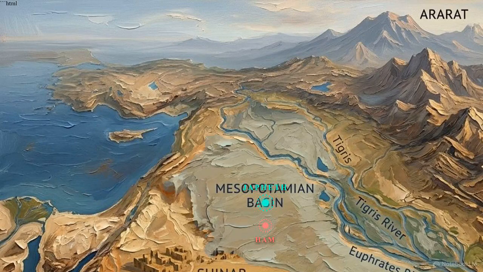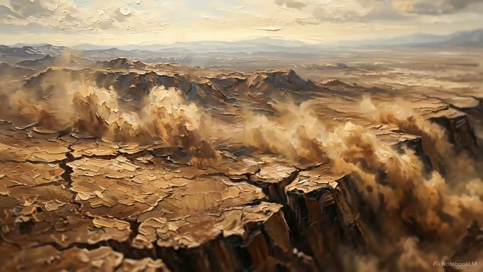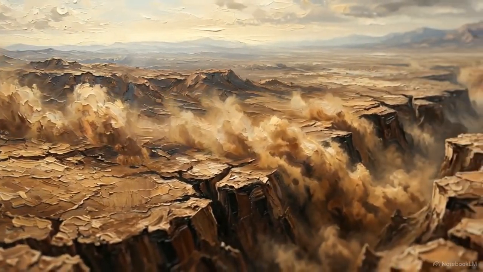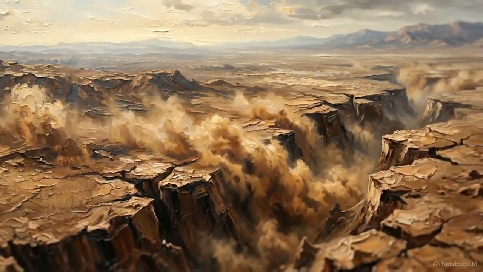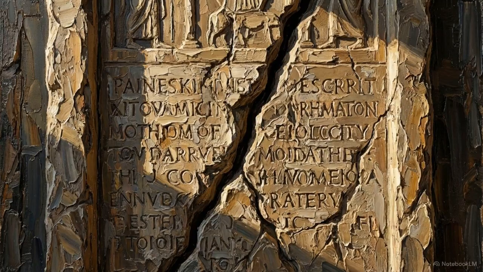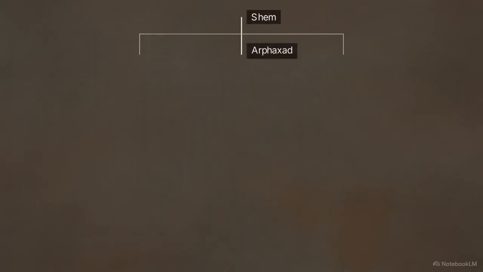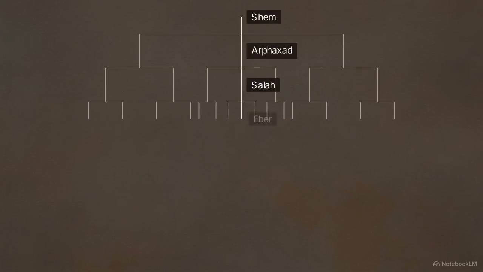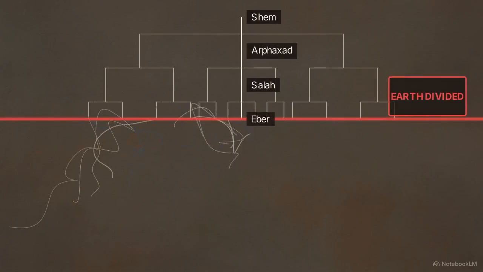Genesis chapter 10, verse 21 identifies Shem precisely in relation to the other branches, noting he is the brother of Japheth the elder. Within this branch, the record registers a sudden fracture in the expansion, a geographical division that splits the ancient landmass. Genesis chapter 10, verse 25 details the birth of Peleg, explicitly recording that in his days was the earth divided. Inserting this chronological marker into the middle of a continuous lineage signals an event that disrupted the